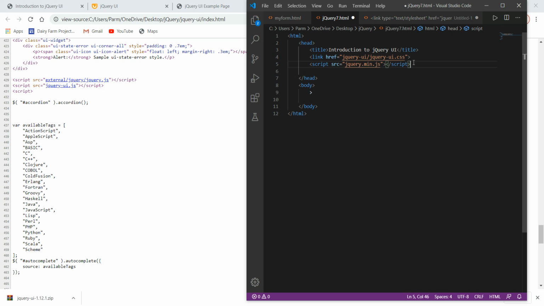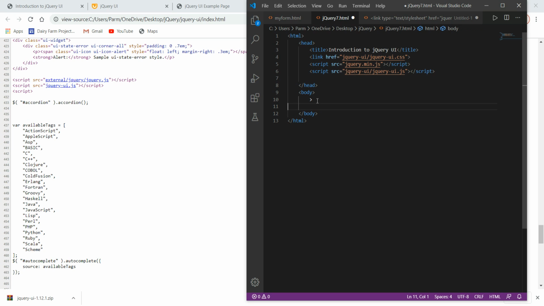Then one more JavaScript file to be included: script, then src, and it's in the folder jquery-ui slash jquery-ui.js.